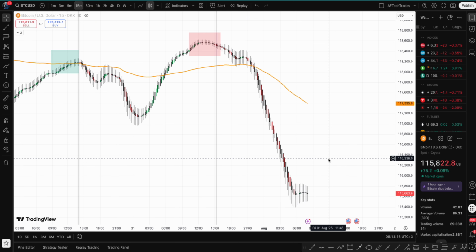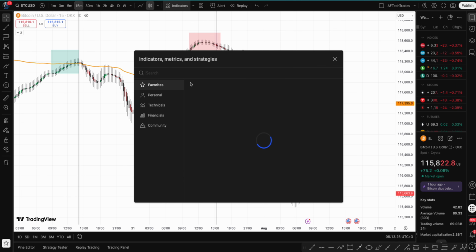The special indicator created by AFTechTrades for them. So that when they come to indicators, they can't find it. So I said, okay, the only way to get it and the easiest way to get it is for you to